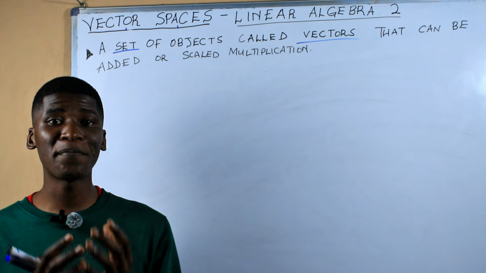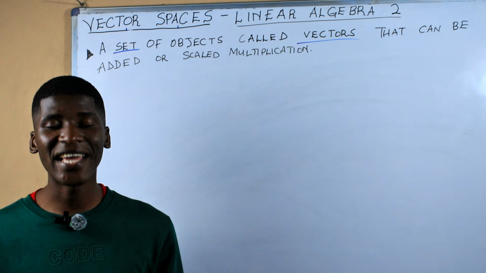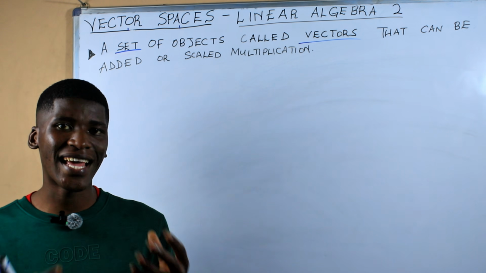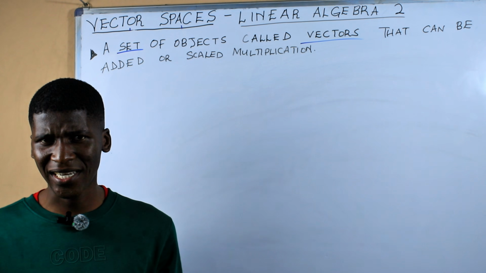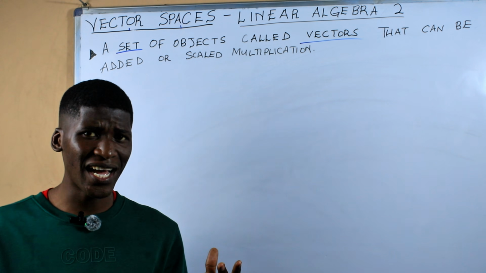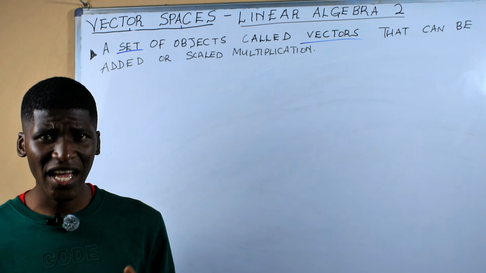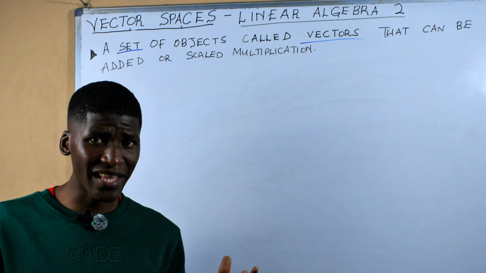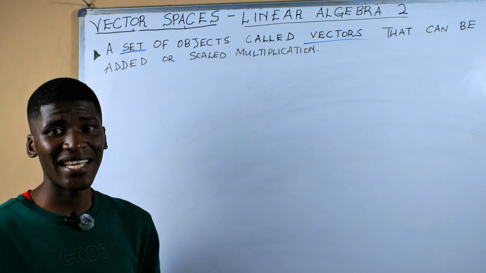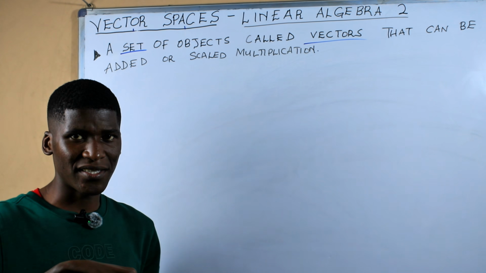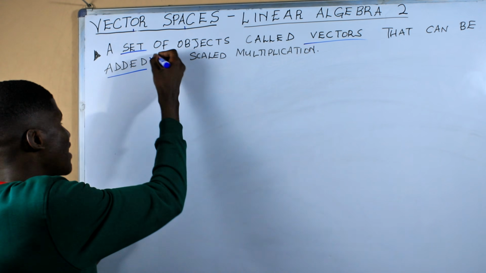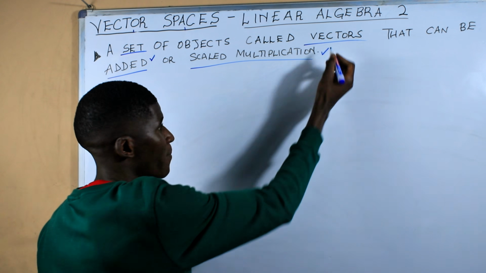We are just going to represent them in a mathematical way and try to manipulate the vectors and try to analyze what operations are found on vectors. Whenever we talked about vectors, you still remember getting a resultant vector. We used to add vectors, and we also used to scale them by multiplying the scalar factor. So one of the properties of a vector space is that the objects found in a vector space, which are the vectors, can be added and they can also be scaled by multiplication.